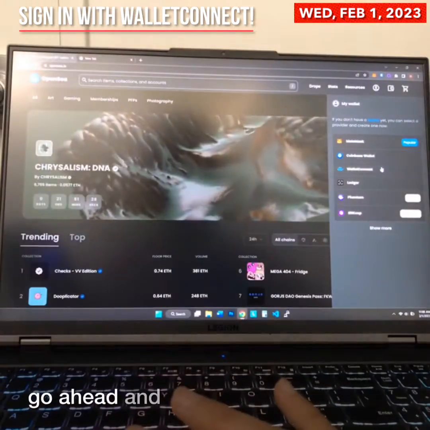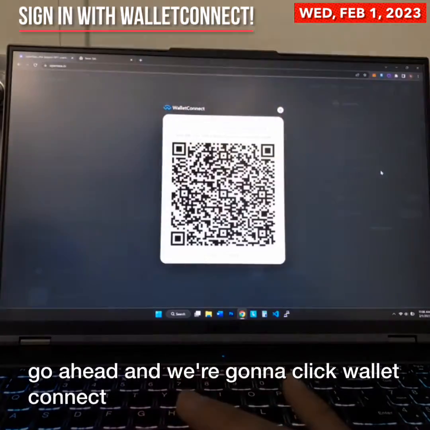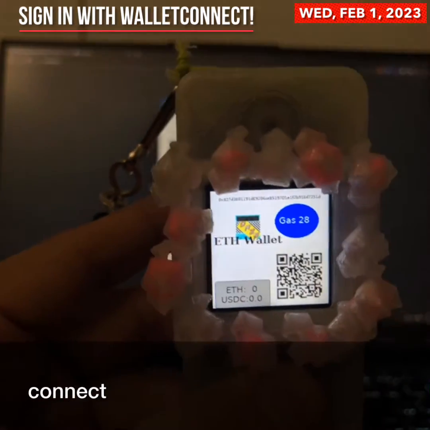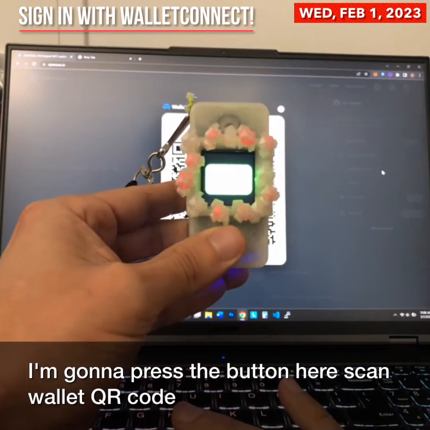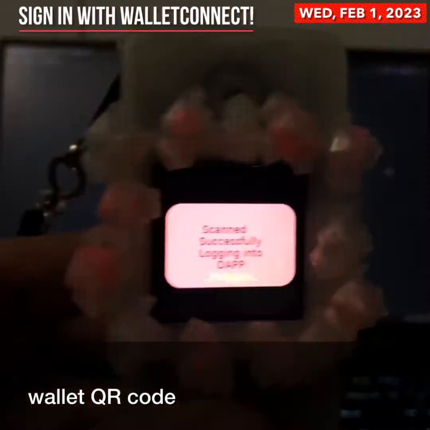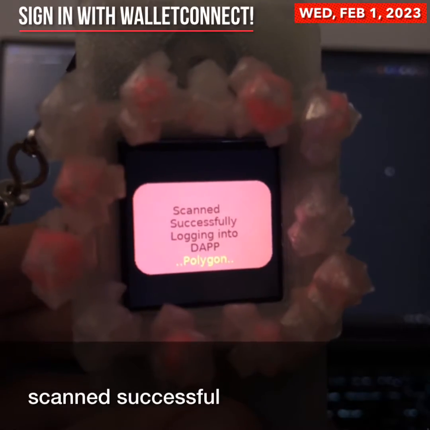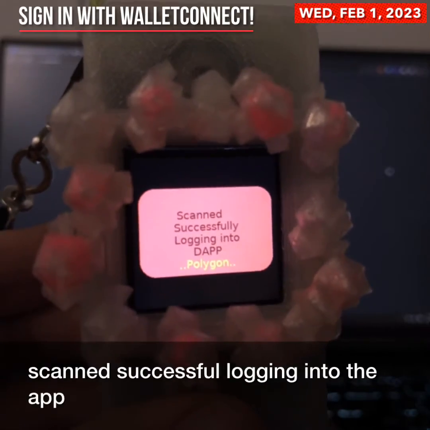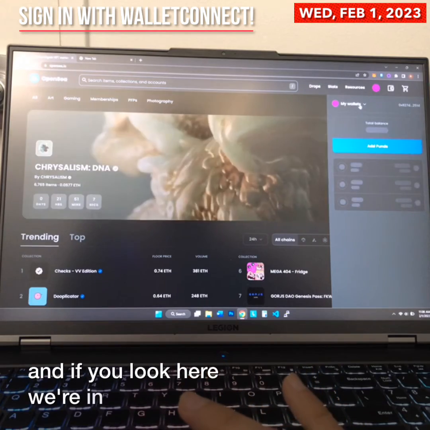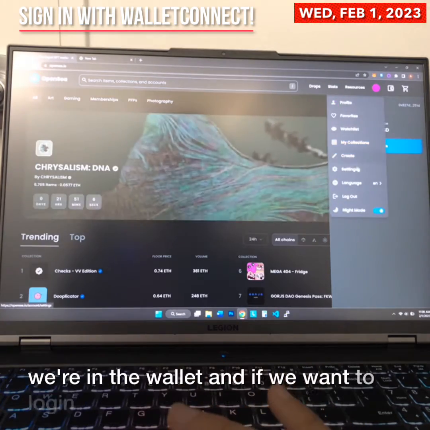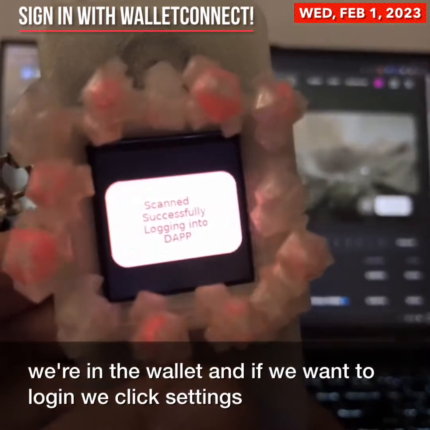Go ahead and we're going to click WalletConnect. We're going to press the button here, scan wallet QR code, scanned successfully, logging into the Dapp. And if you look here, we're in the wallet, and if we want to log in, we click settings,